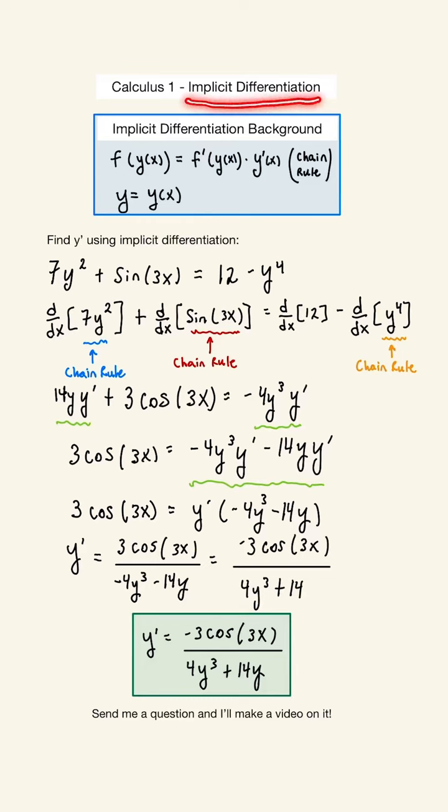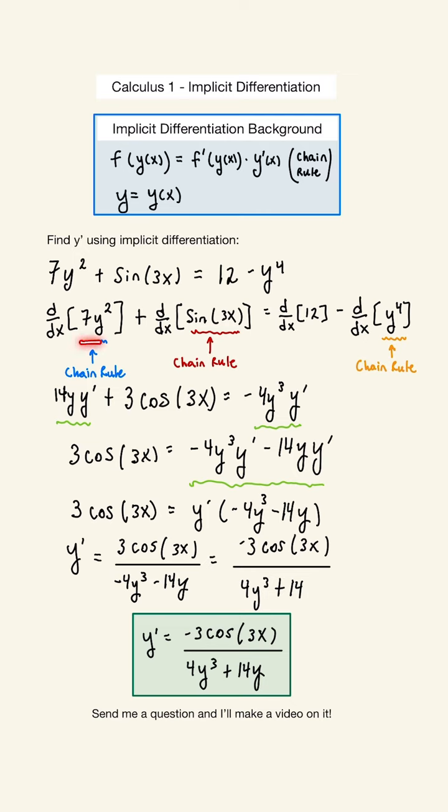Here we have another implicit differentiation example problem, and we want to find y prime by using implicit differentiation. So our example is 7y squared plus sine of 3x, which is going to be equal to 12 minus y to the fourth power. So the first step in solving this example problem is we want to take the derivative